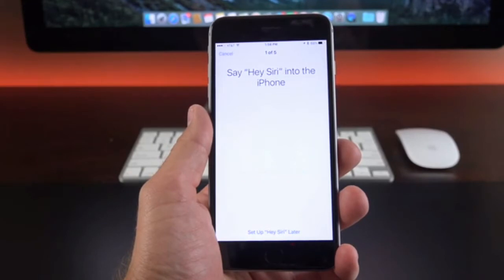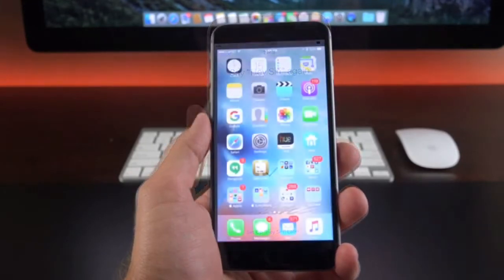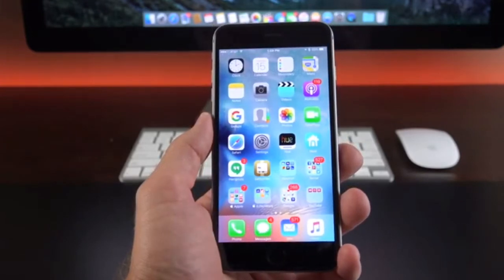Hey Siri. Hey Siri. So we're all set to go, so the iPhone should only recognize our voice when we say Hey